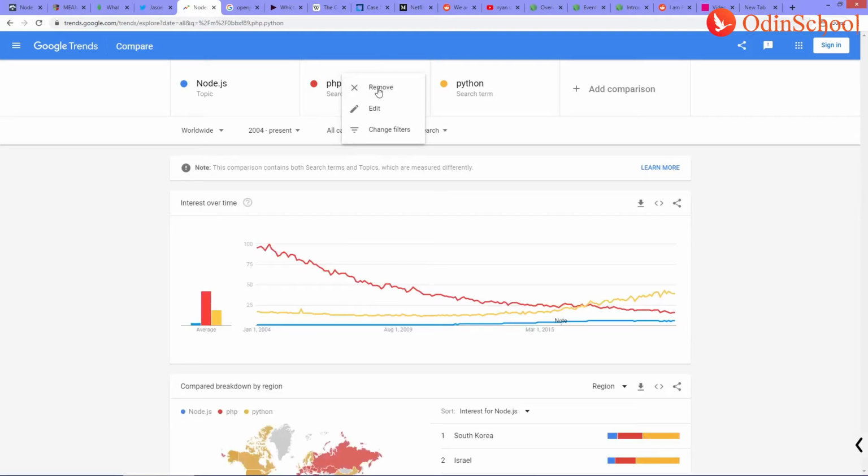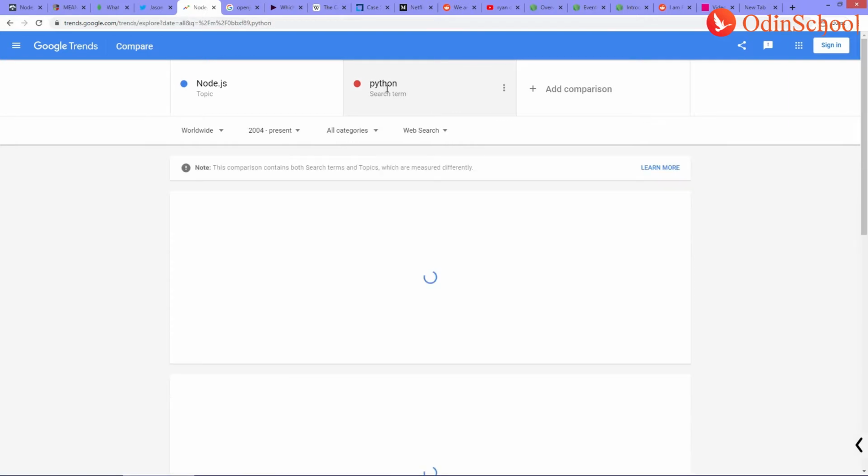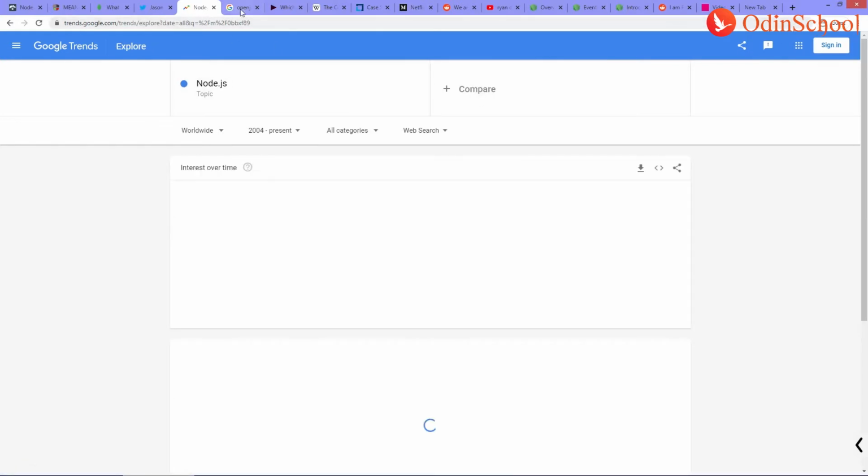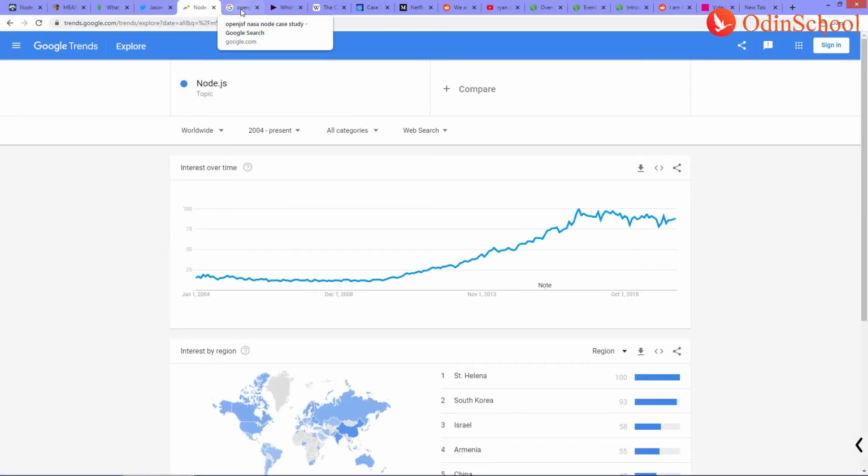Okay, and remember, PHP has been around since 95. Even Yahoo used to use PHP back in 95, 96. Python has been around for at least 3, 4 decades now, I'm not sure. Java has been around for almost 3 decades now. Node.js is the youngest, and it's gaining popularity day by day. It's pretty popular and it's becoming even more popular. Okay,